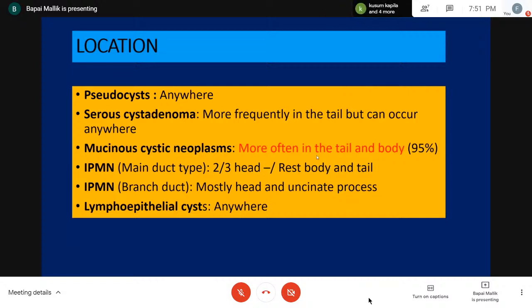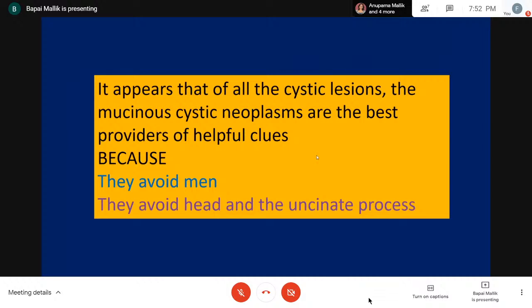Lymphoepithelial cysts can occur anywhere. So these are helpful clues. And if you have to take one message from the last two slides, it is this: it appears that of all the cystic lesions, the mucinous cystic neoplasms are the best providers of helpful clues because,